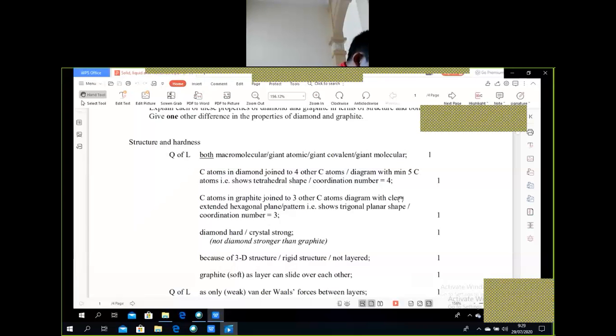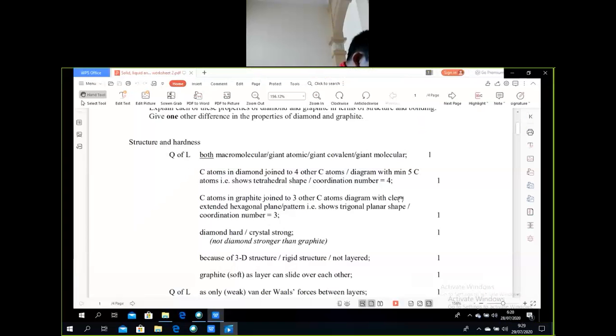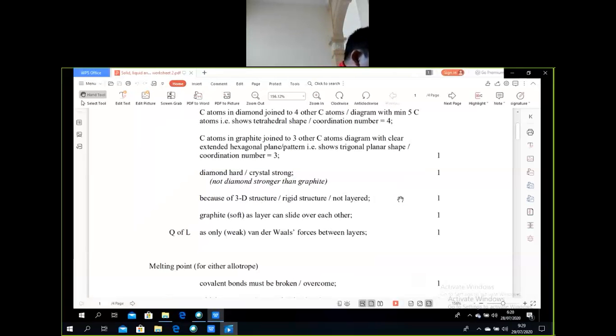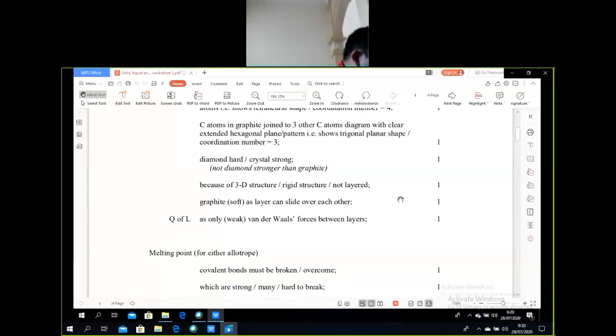The layers are connected by van der Waals forces that make the layers able to slide over each other, and so graphite is not as strong as diamond, but it has a high melting point